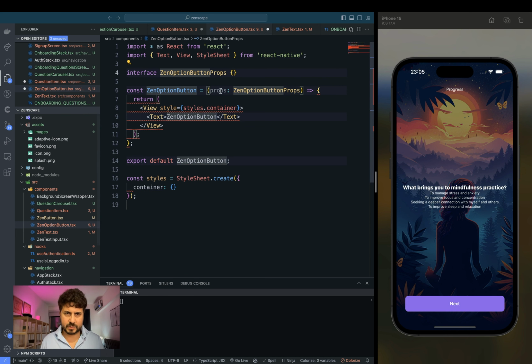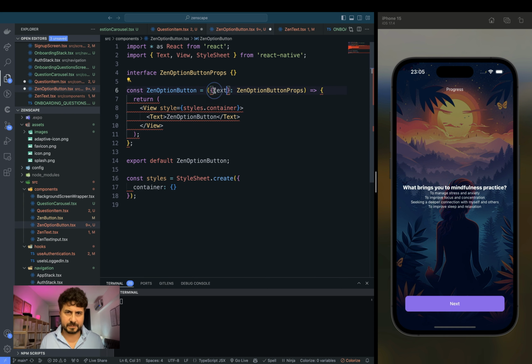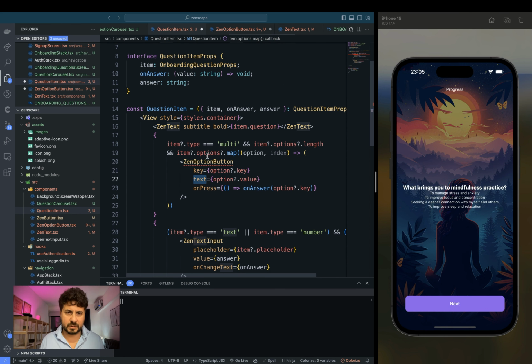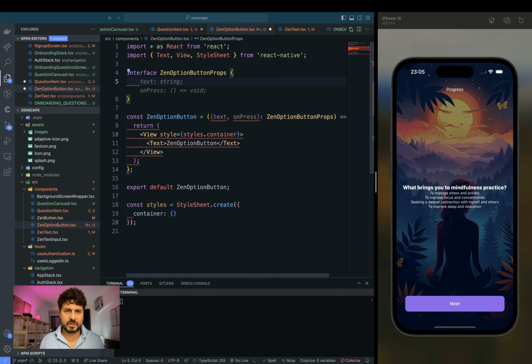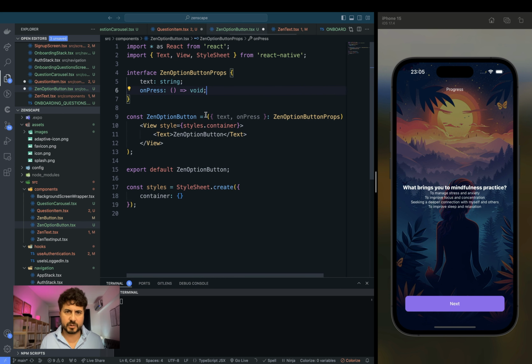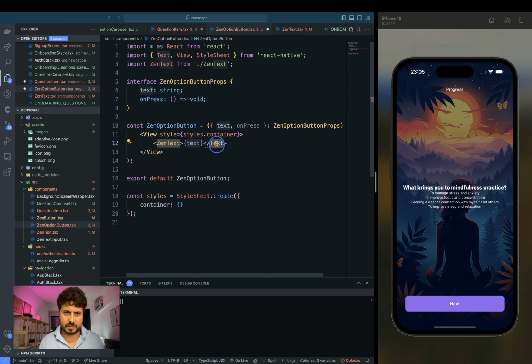Things that we need to pass through is, we don't need the key, we need the text and the onPress, which is again, the text is a string, onPress is a void function. Let me put the text here for now. This will be Zen text, maybe bold, and